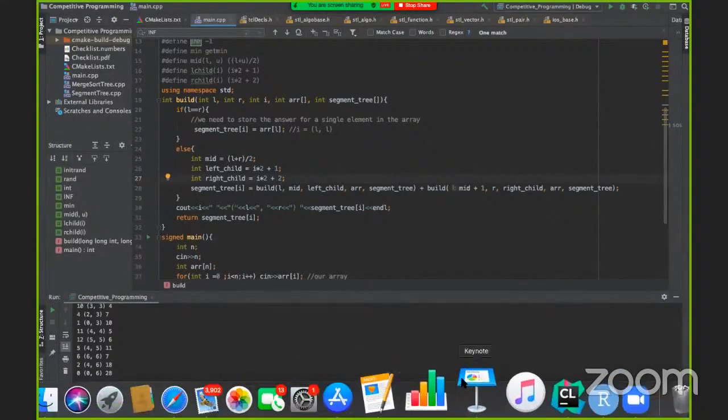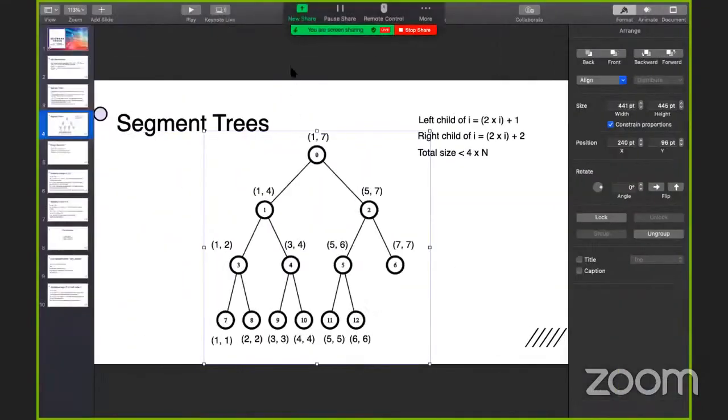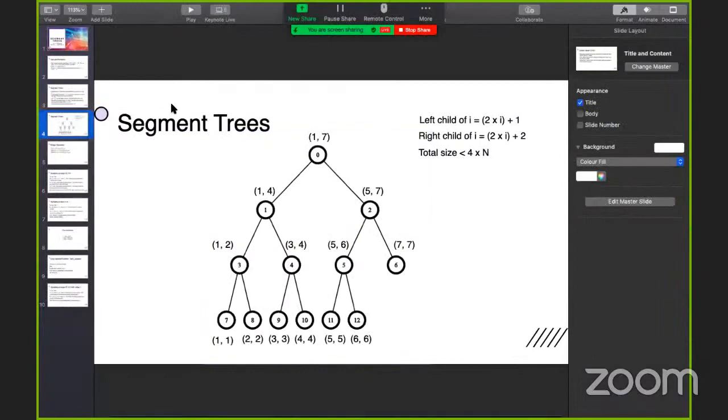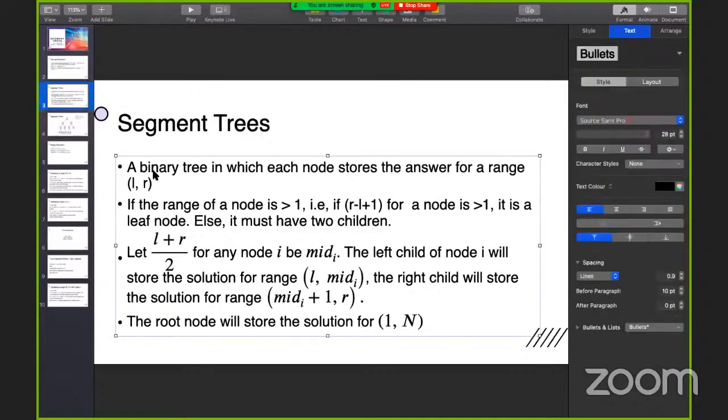So do you remember what I mentioned in the presentation, Devansh? Let me just open it up. Right. So in the presentation here, I had shown that mid is basically the mid value of a function, right? It's L plus R by 2. And L and R are basically the range for which the node is storing the answer, right? Right here. Okay.